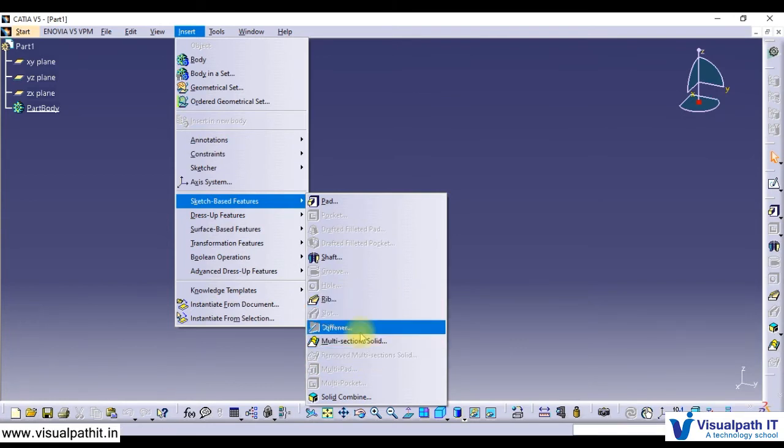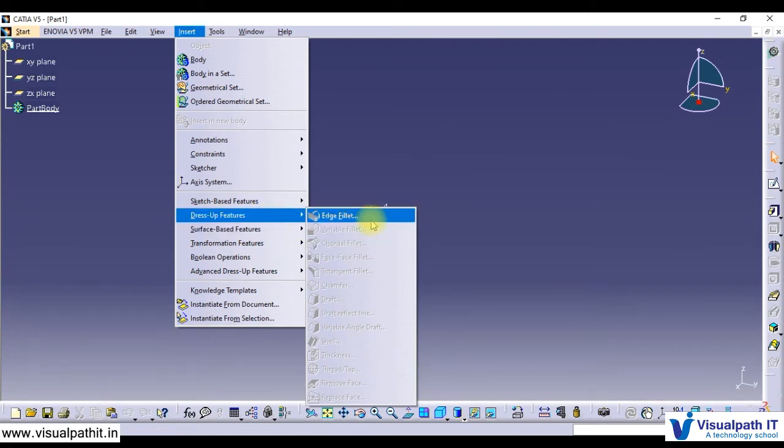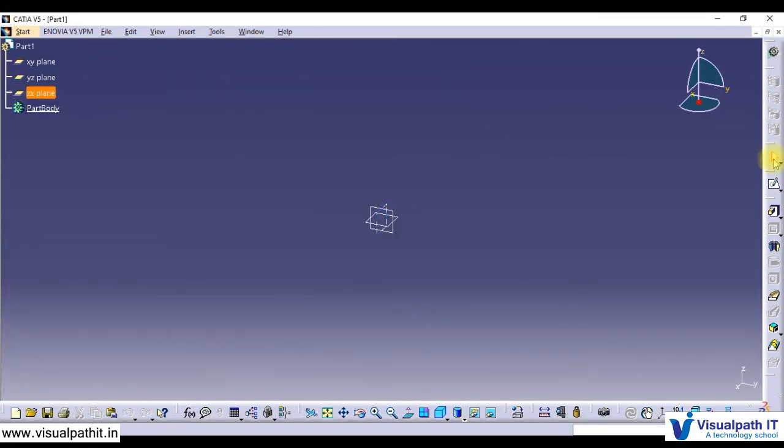This is the addition and this is the subtraction, multi-pad, multi-pocket, solid combine. And these are the dress up features: edge fillet, variable fillet, chordal fillet, face-face fillet, tri-tangent fillet, chamfer, draft, draft reflect line, variable angle draft, shell.